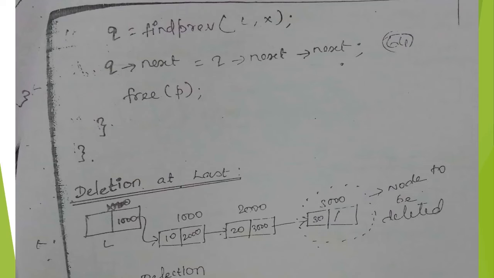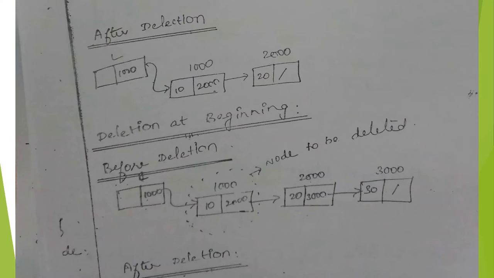Here we see the various example diagrams for the deletion operations of a singly linked list. First one is deletion at the last position. The last node is assumed as P node. That value is 30 and the node address is 3000. This 3000 is stored in the previous node's next pointer value. The previous node's name is assumed as Q. We will set Q's next equal to null. So the P node will be removed from the list. So after deletion, there are only two nodes available in the linked list.